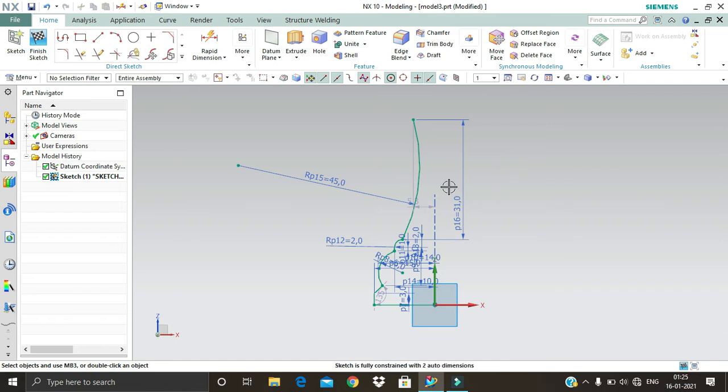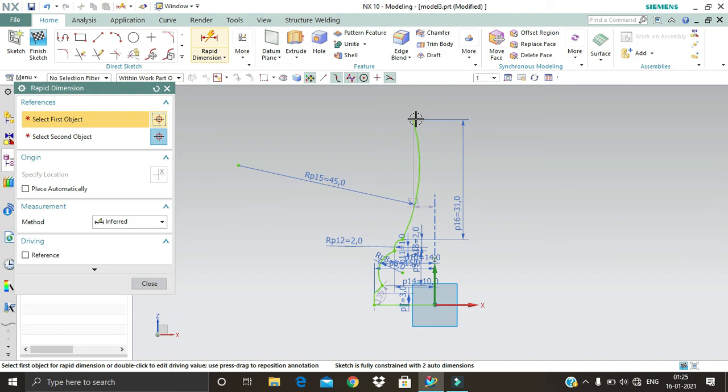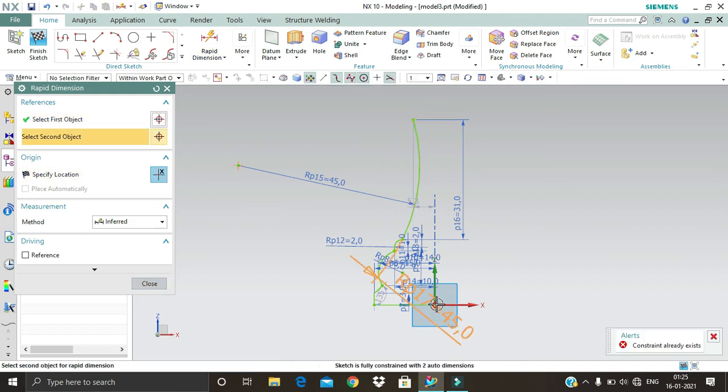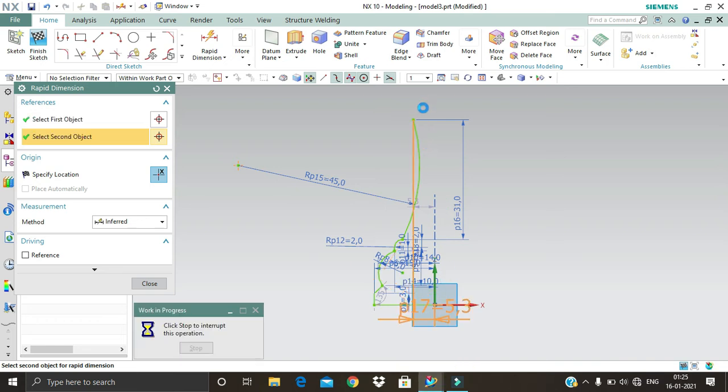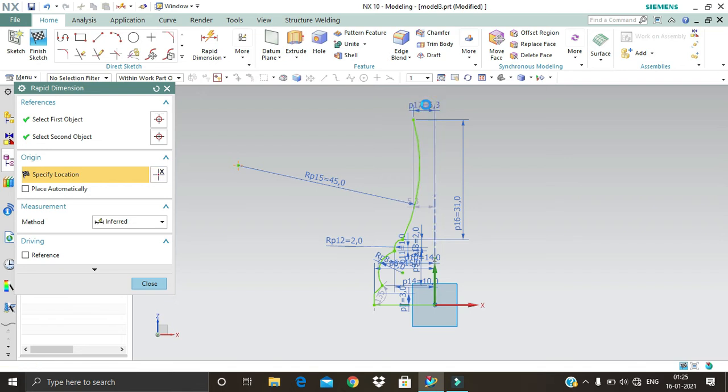Now we have to do the rapid dimensioning again. So from here go to rapid dimensioning. We have left with the horizontal one. So taking this as a point and the last point of this, the distance would be of 7.5. Let's check it out what it is. It is 5.3. It should be of 7.5. Let's make it 7.5